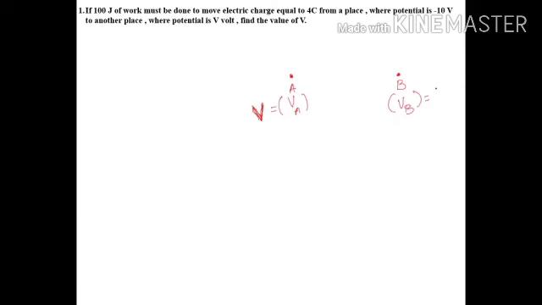let's say that you are having 2 points. Let's say this is point A, and let's say that this is point B. Okay. Now let's say that potential for this is VA. The potential for B is VB. Okay, and let us consider that VA is V volt as per the given question. And VB potential, let's say it is minus 10 volt. So let's take it as minus 10 volt.